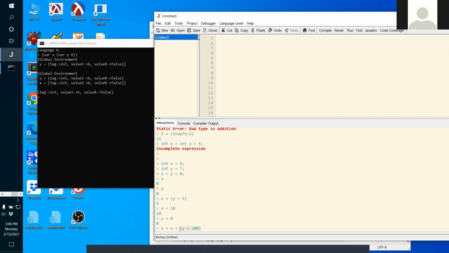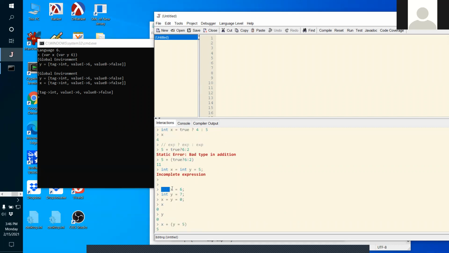Assign 100 to y and return the value 100. So now y is 100, but this expression returns the value 100. Then it adds 100 to what x is. That's x is 10, and then stores 110 in x. Okay, so x, and it returned, notice it returned 110 because the assignment expression returns a value. Okay, so assignment in Java is an expression, but declaration in Java is a statement. So you can't